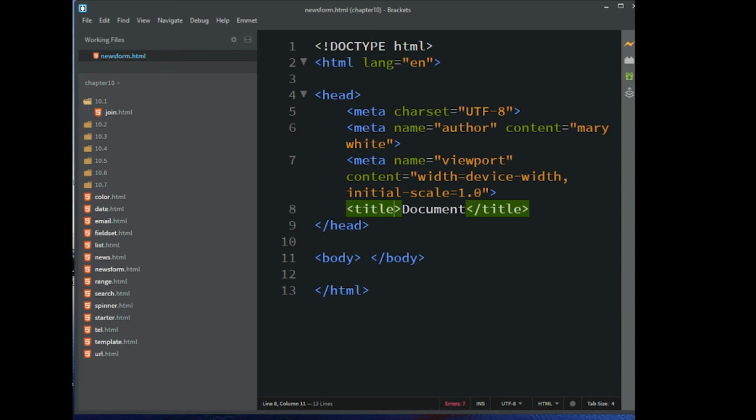Inside the body, we are going to put in our H1. It says join our newsletter. Then we're going to put in our form for email and an input of text. So our form is going to get the get method. And then we're going to have a submit button that says sign me up and a reset button. So let's get started. We're going to start with our H1 for our heading 1. And we're going to put in join